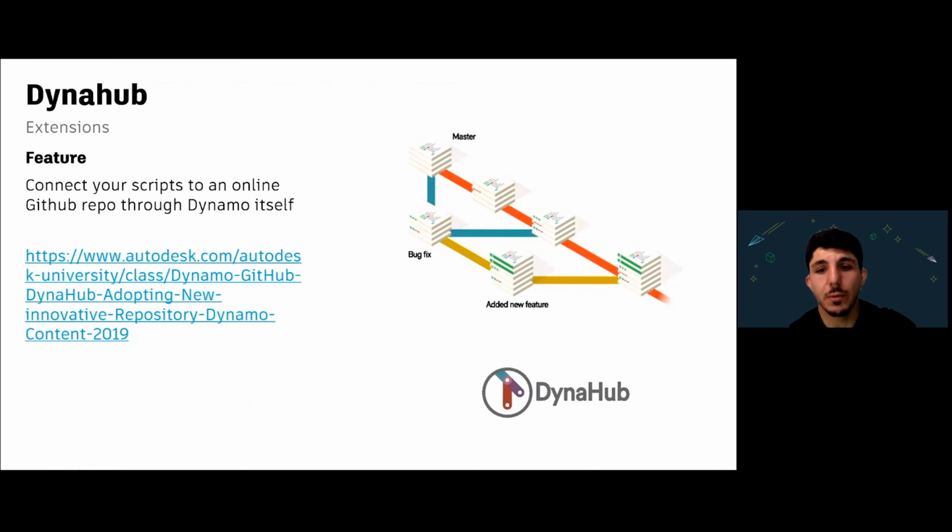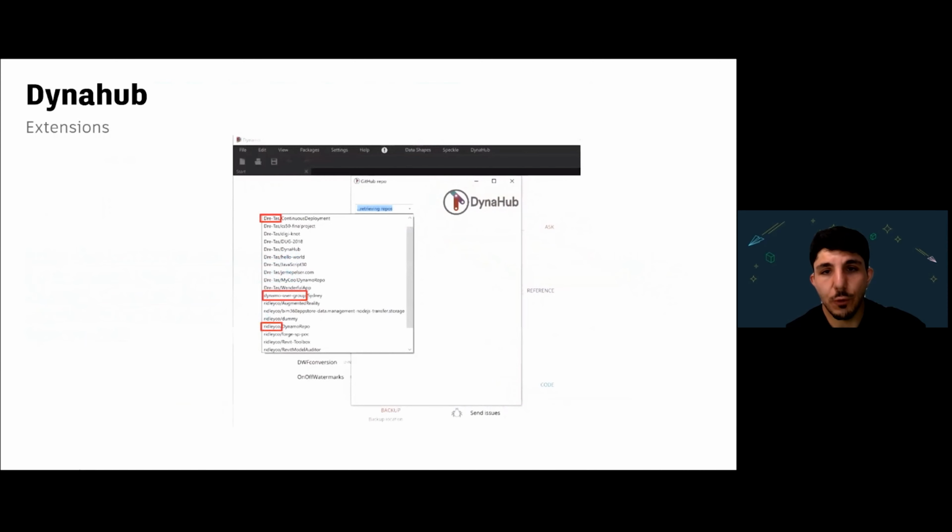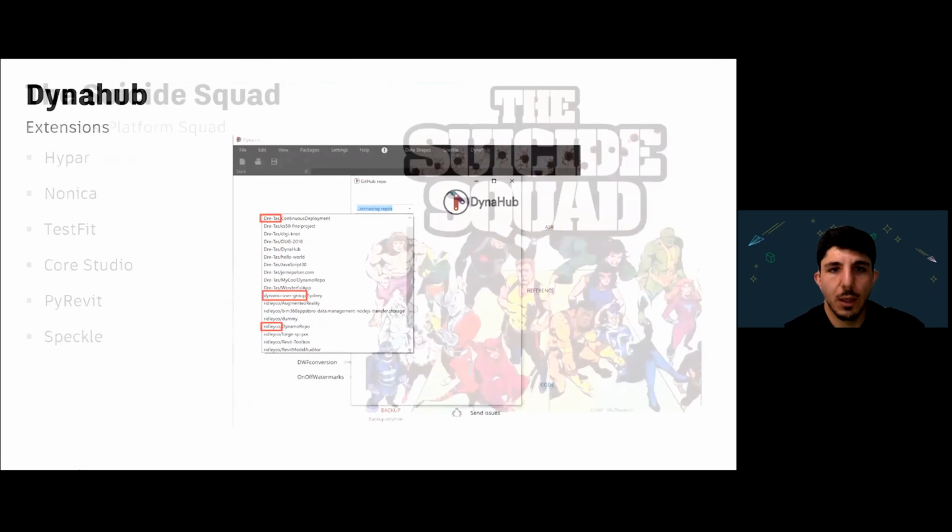And DynaHub, this is really cool. If you're using GitHub at all for your Dynamo script tracking, which I do, this is a built-in extension you could use to log into your GitHub repo through Dynamo, so you know exactly the last time you worked on certain scripts, where they are and how they're tracked. Real great feature. If you don't know a lot about this, there's an Autodesk University talk about DynaHub. They can look up and learn all about it. It's a really great tool. I love using this one.